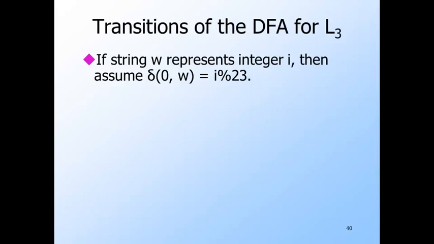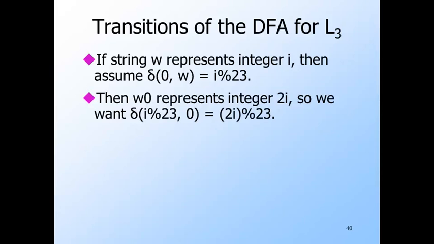We're going to assume that things are working right after reading a binary string w. That is, w takes state 0 to the state that is the correct remainder when w is divided by 23. I'm using the C-style percent operator to denote the remainder. You can read the percent as modulo or mod, which is just another way of saying the remainder when divided by. The transition from each state i on input 0 is to the state that is the remainder of 2i